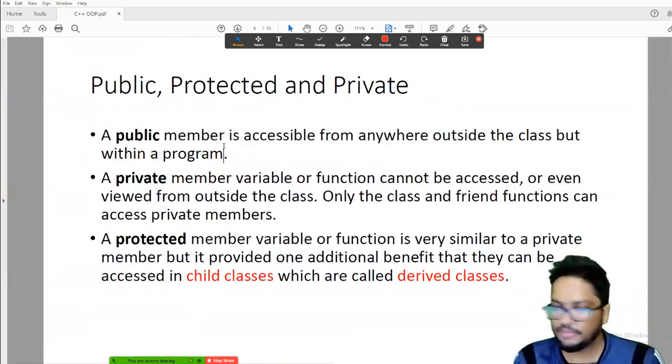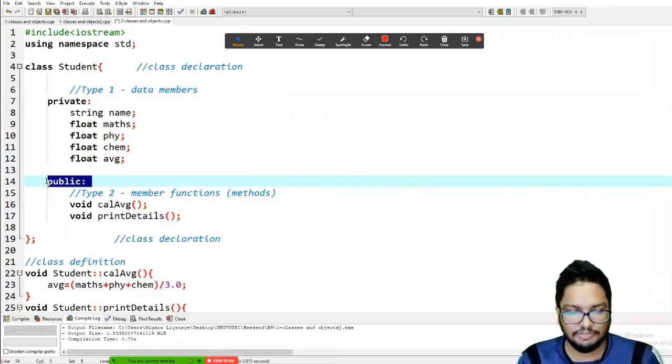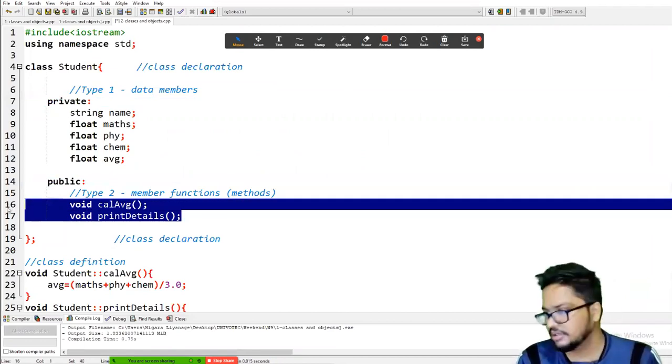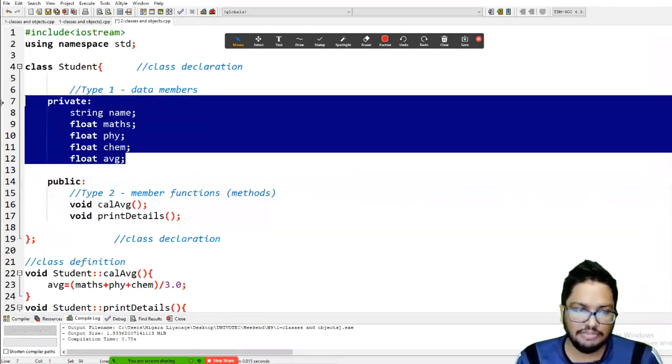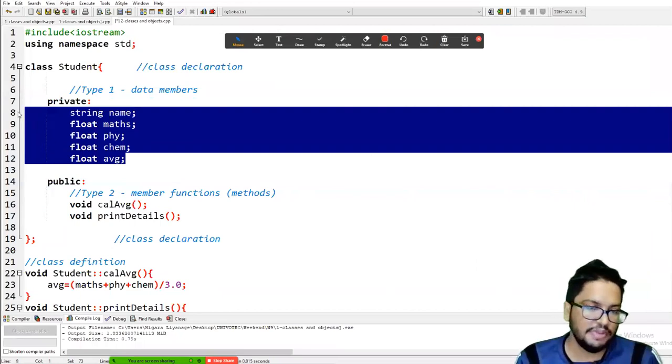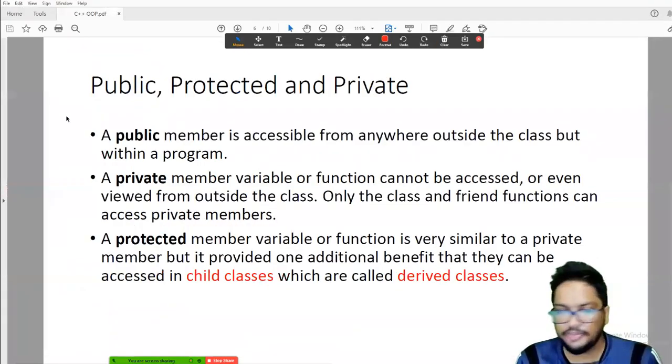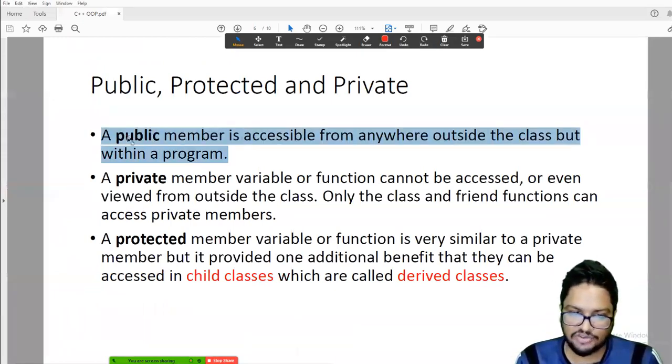For now, just keep in mind that once you declare something public, it can be accessed from the main. But once you declare something private, those data members cannot be accessed from the main or outside the class. As shown here, a public member is accessible from anywhere outside the class within the program, so it can be accessed from the main as well.